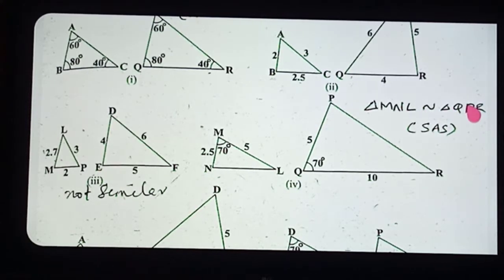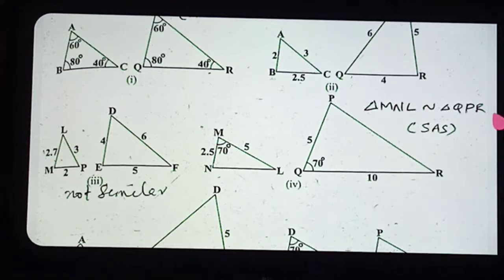Take the correspondence properly, thinking and taking. Two or three times, write it and see on paper, then correct it. After writing, verify whether it is coming or not. If it is not coming, it is wrong. Okay, so here, corresponding to the position of MN, what is written? QP. So MN by QP.